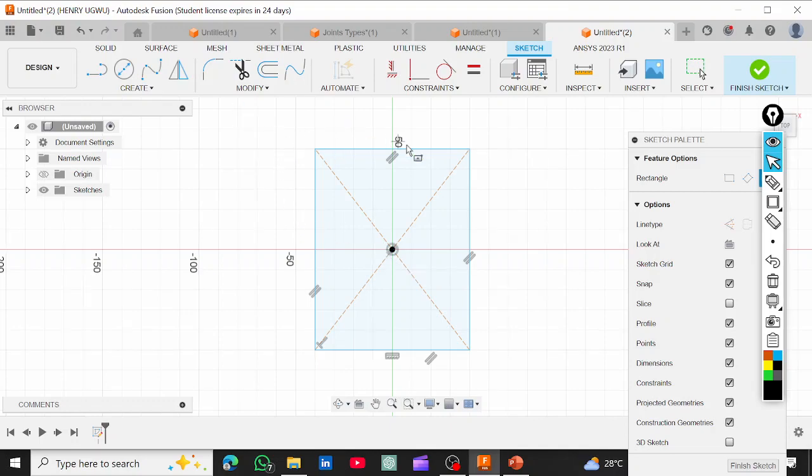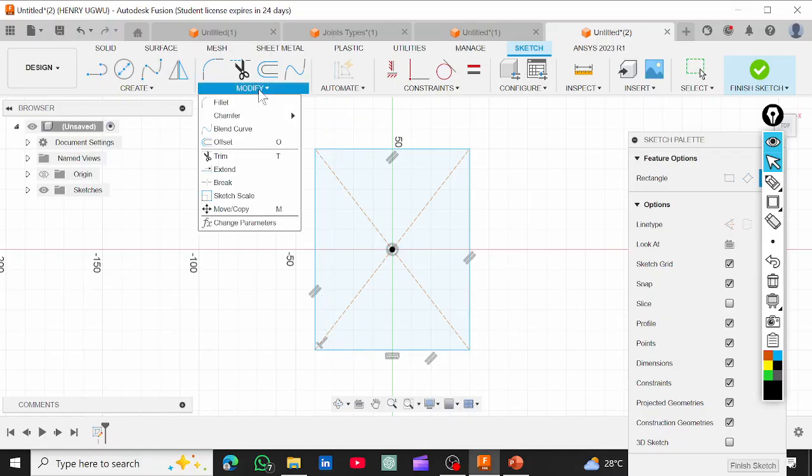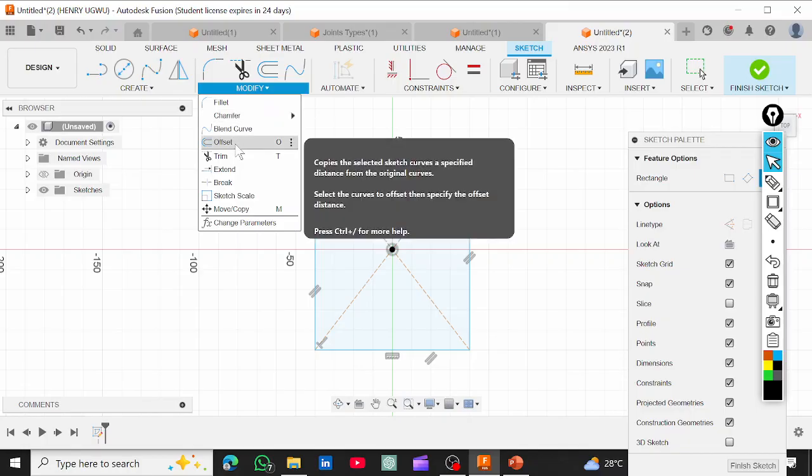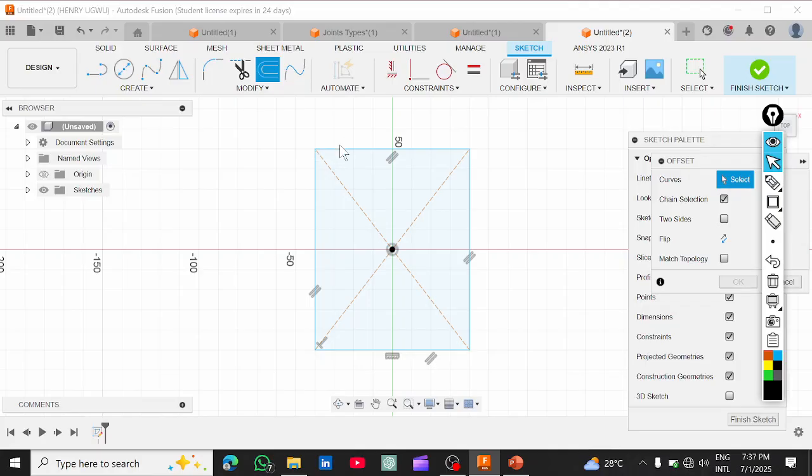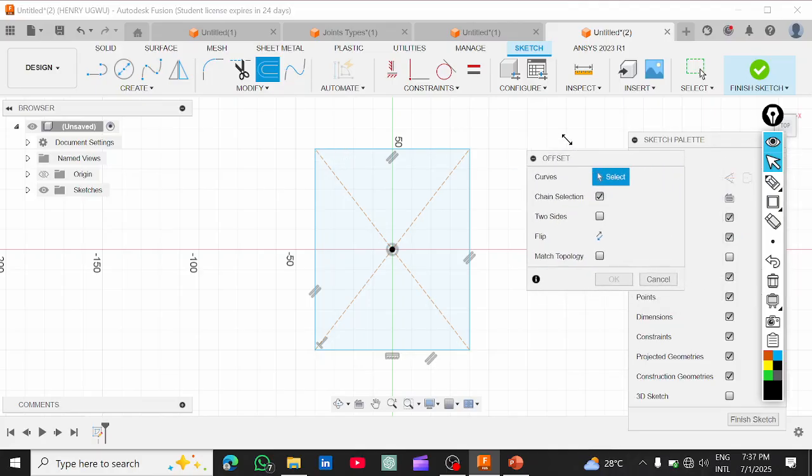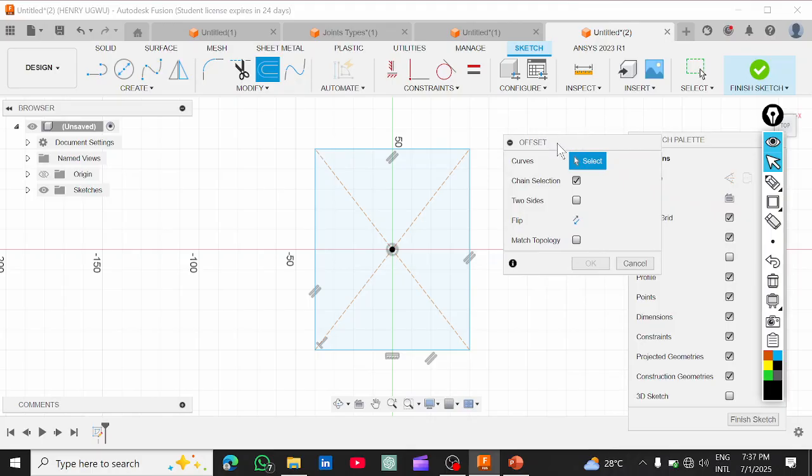So the next thing I'm going to do is to offset the edges of my rectangle. Under our modify drop down menu, I will scroll down to offset. You can activate it by clicking on it or by using the keyboard shortcut O. Select the offset, and our offset dialog box will be activated. Be mindful of this: whenever you activate most of these tools, if not all, their dialog box is always open for you to adjust your parameters,